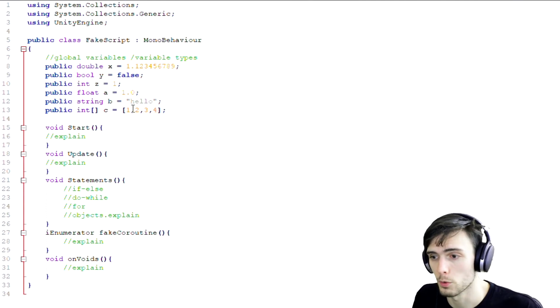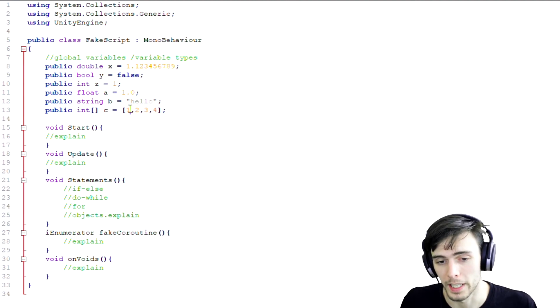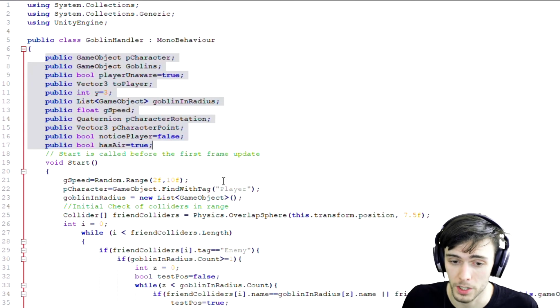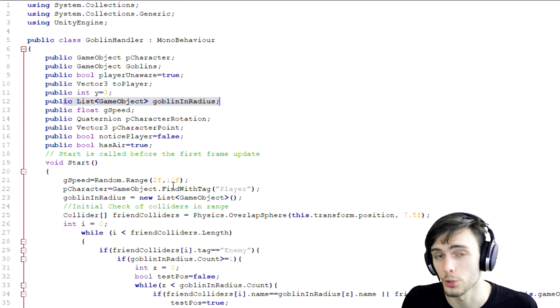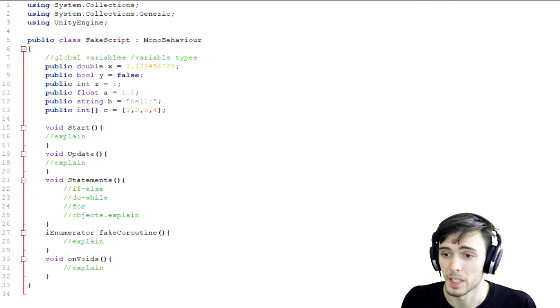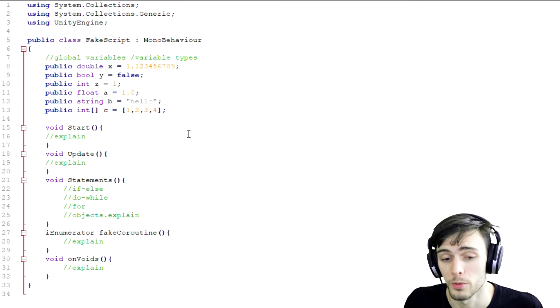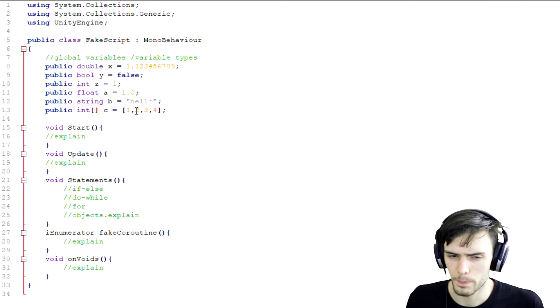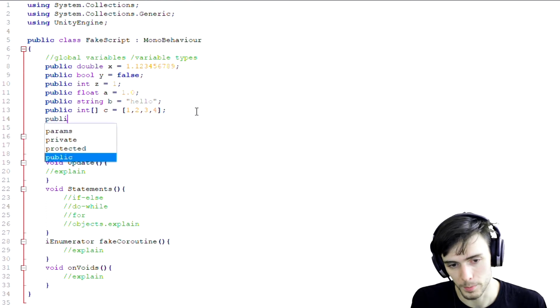So basically, if you wanted to store a list of maybe enemies, you could put Goblin 1, Goblin 2, Goblin 3, Goblin 4. We actually do that in the Unity Engine tutorial. We have a list for goblins in the radius, and that stores all of the goblins in the area in a list. And then we can call them by itself, or we can do something else to find them, which we'll explain in later episodes. That's basically all the global variables. There are obviously the decimals,